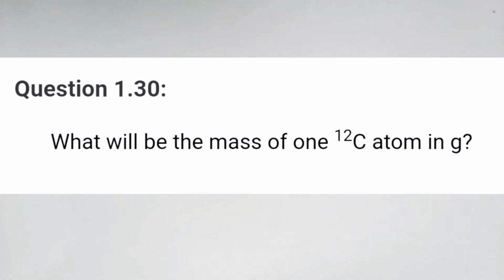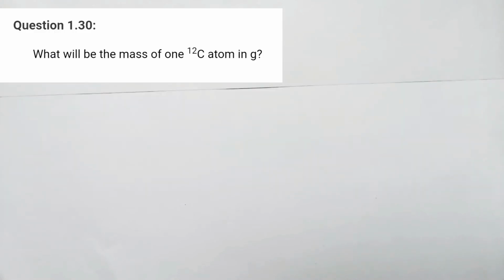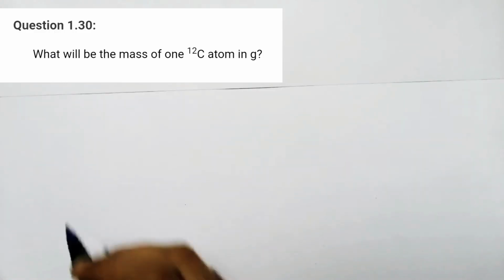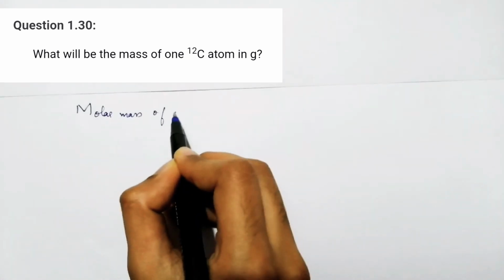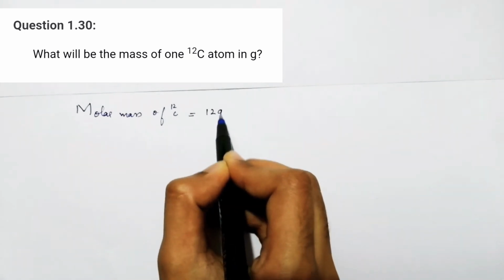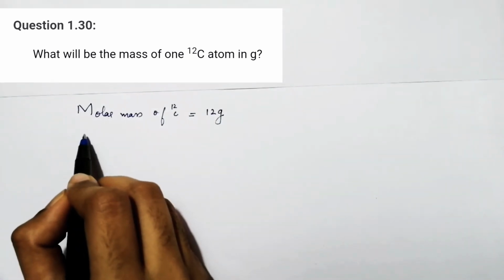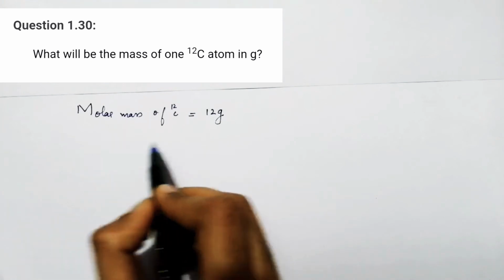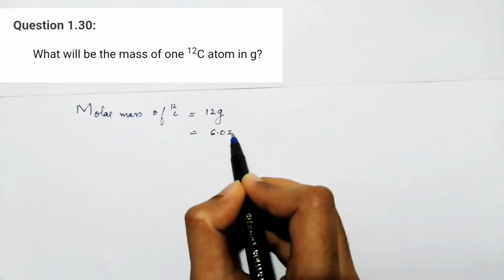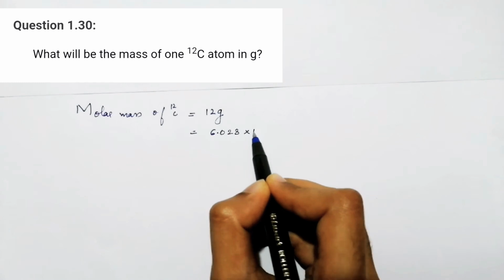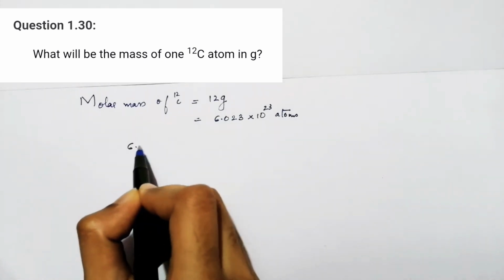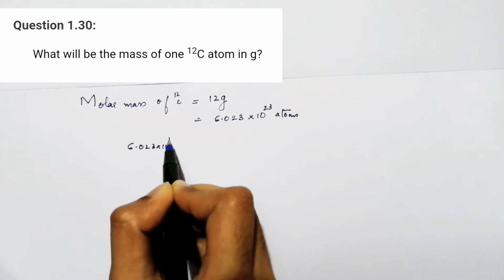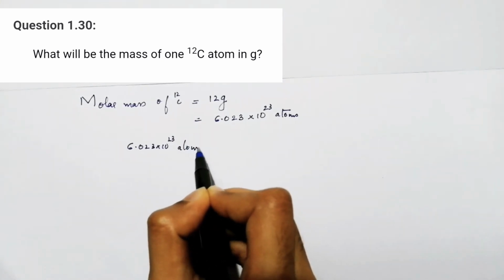of one carbon-12 atom in gram? To solve this question, let us first see what the molar mass of carbon-12 is. We already know that molar mass of carbon-12 is 12 gram. We also know the concept that 1 mole of this carbon-12 atom contains Avogadro number of atoms, that is 6.023 into 10 power 23 atoms. Now we can say that 6.023 into 10 power 23 atoms of carbon-12